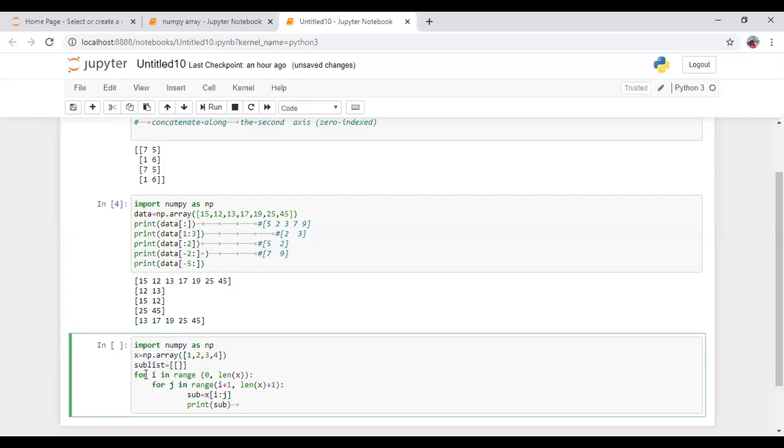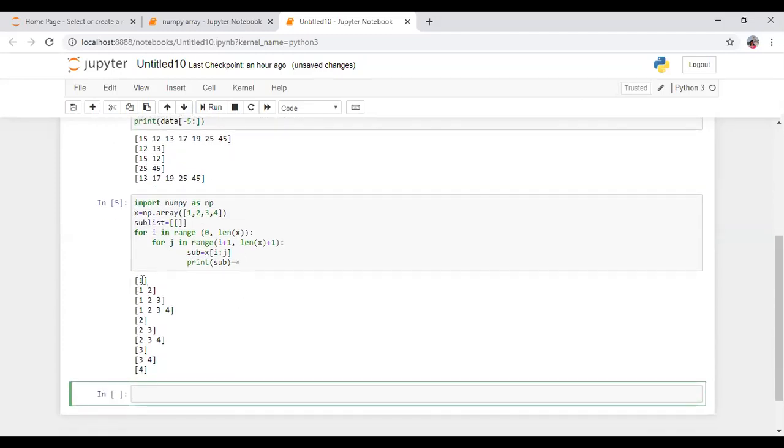It is empty. For i in range, the range function that you know with the for loop, beginning with 0, it will take the length of x. What is the length of x? This is 1, 2, 3, 4. Then sub is another subset, i, j, that is another second loop. So it will display the values.